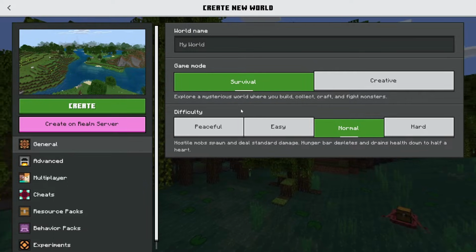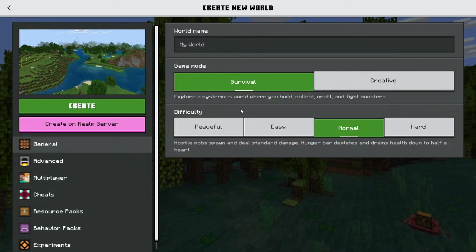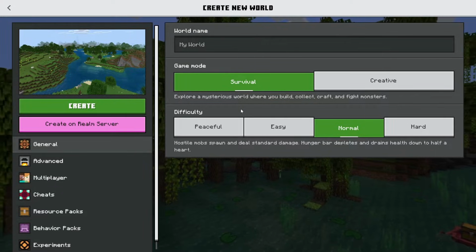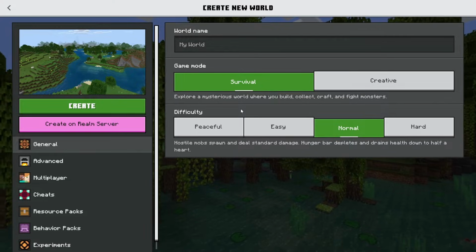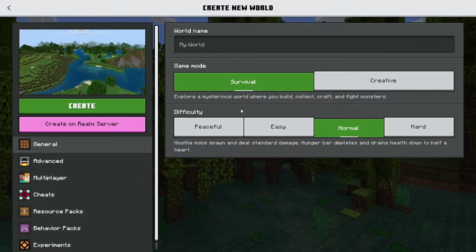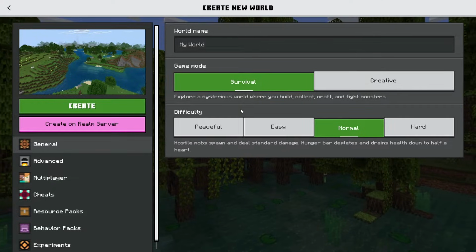The first thing is, this probably won't work on a mobile device, like a tablet or a phone. I just think it doesn't because they don't have enough processing capabilities to run all of the command blocks that